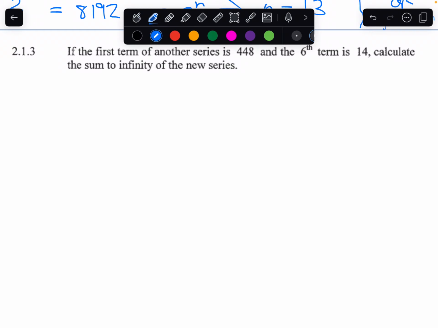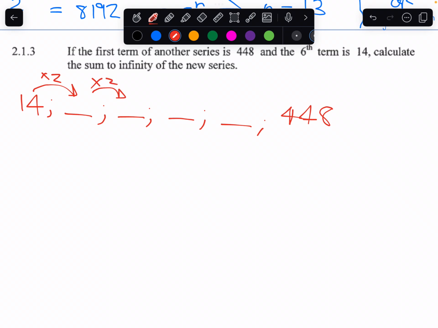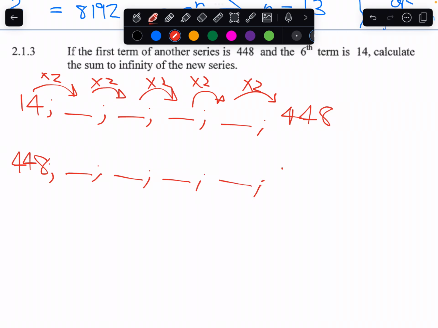So we've just come from a sequence where term 1, term 2, term 3, term 4, term 5, term 6 was 448, and we figured out that each time to get from one term to the next, we were timesing by 2. So if we now have the reverse happening, where the first term of another series is 448 and the sixth term is 14, then what's happening is